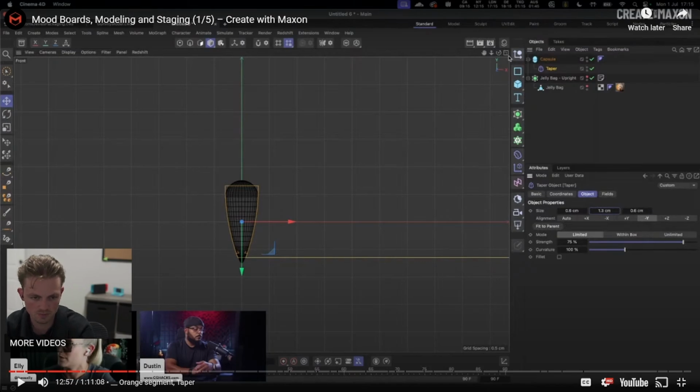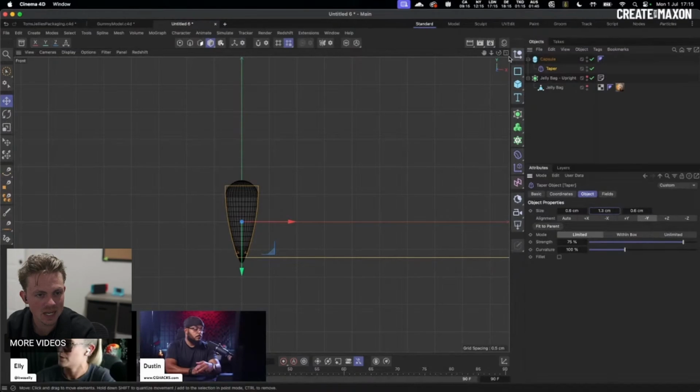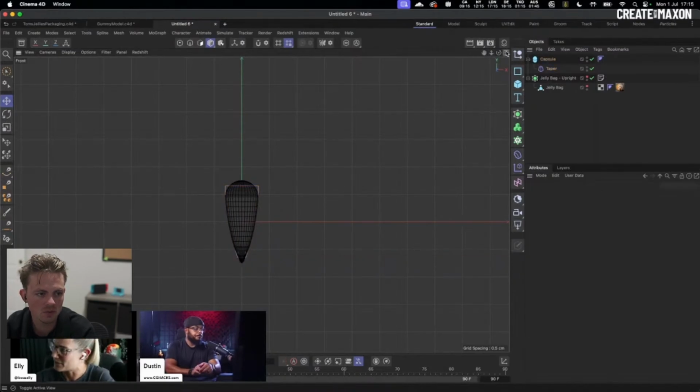I take it back. What if I rotate the taper? I just had to rotate the taper. God. And so we've created that little segment, that little piece there. Capsule. We can see it shrinking at the bottom. And then I just need to create